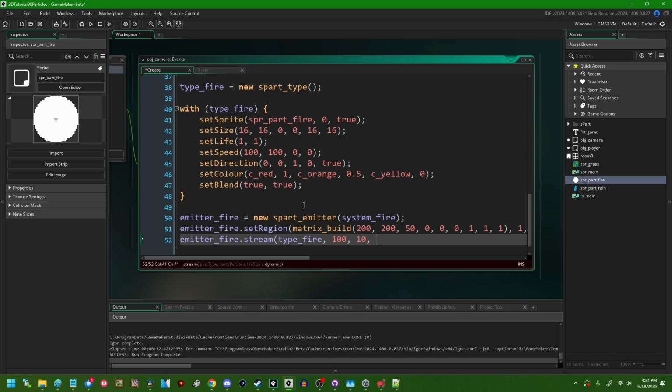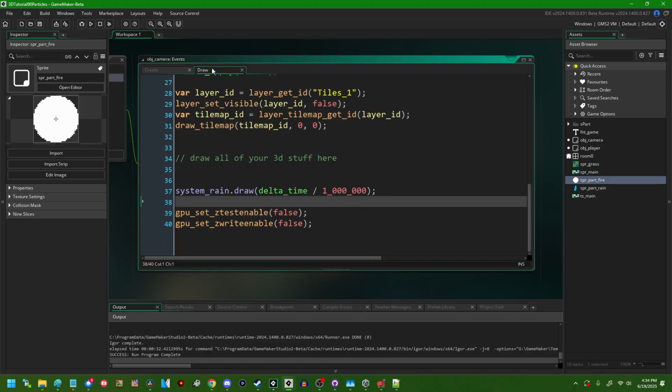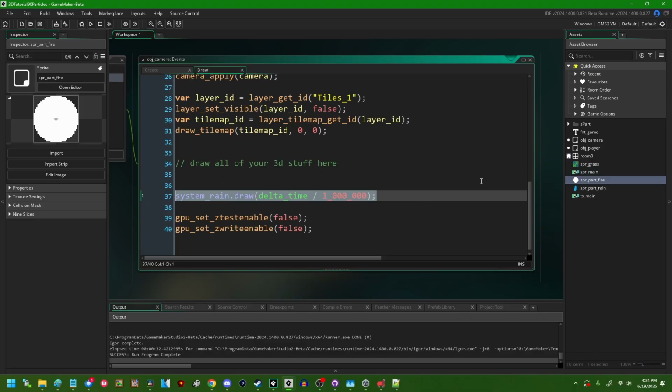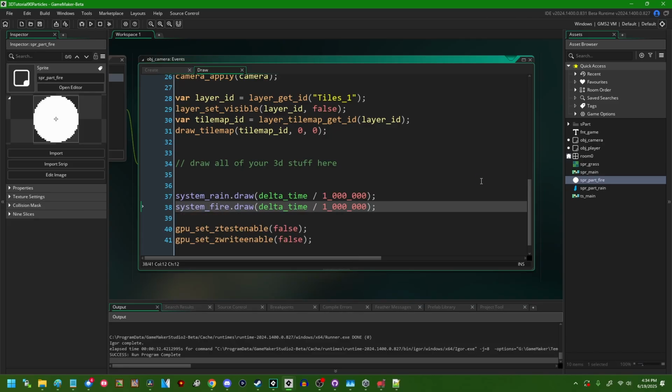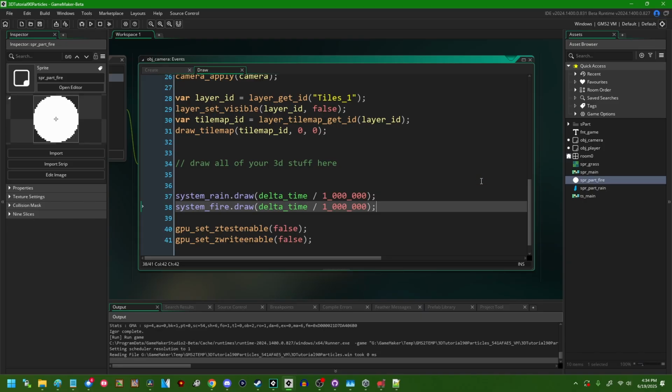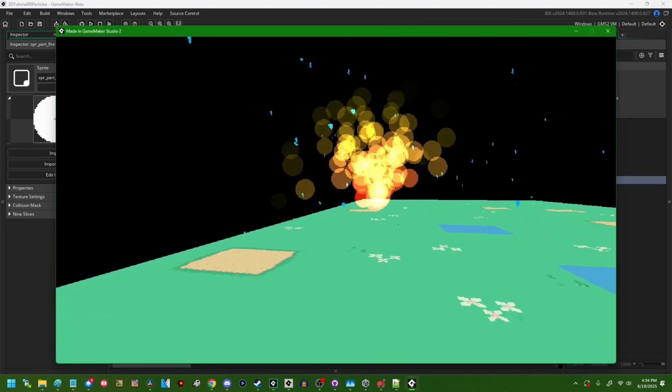Maybe the rain puts it out or something. And dynamic, I can set that to false again. We will get to that later. Lastly, I'm just going to need to go into the draw event where these particles are drawn and say system_fire.draw, and we can use the same delta time value for the time step. So now we've got